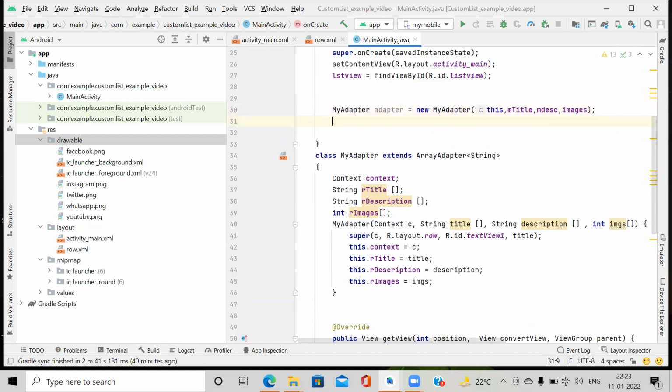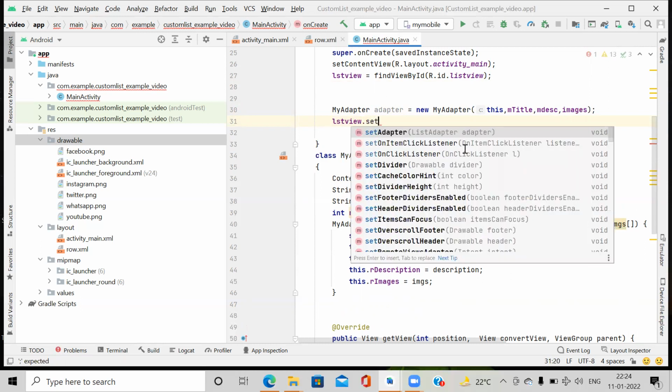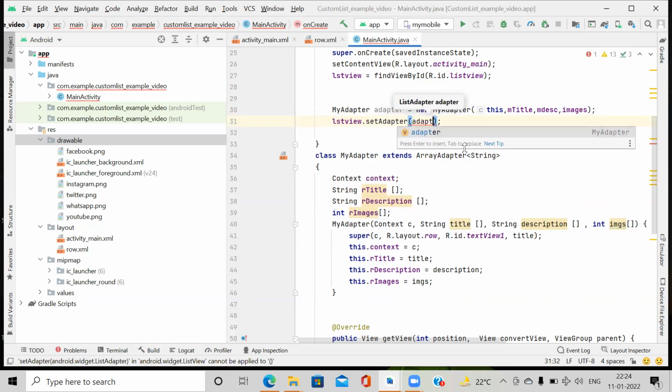And we set it to the list view. Why listview? Oh, lstView dot setAdapter. Here we pass the object of the adapter.